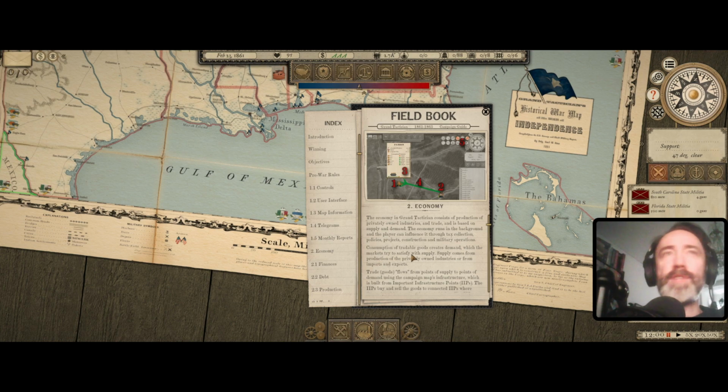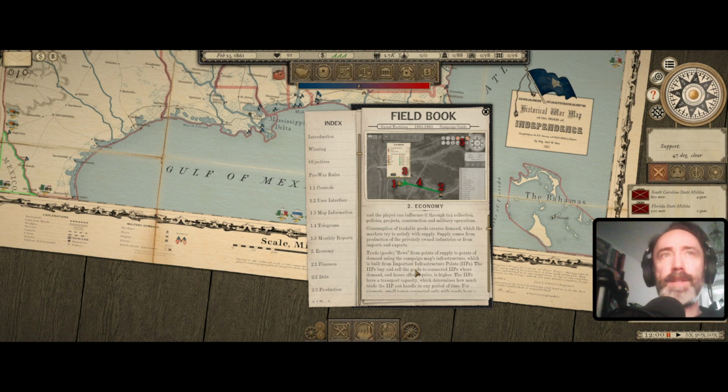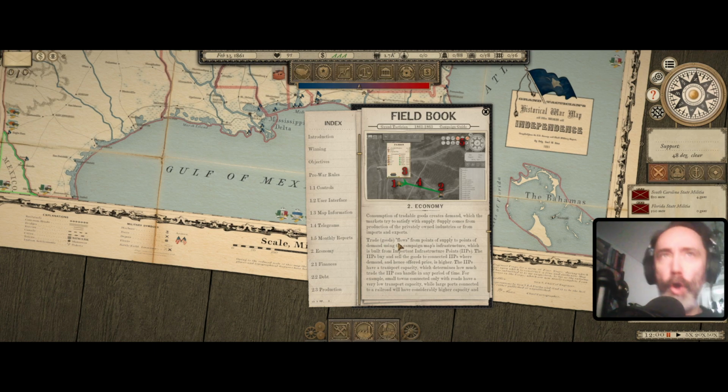which the markets try to satisfy with supply. Supply comes from production of the privately owned industries or from imports and exports. Trade goods flow from points of supply to points of demand using the campaign map's infrastructure, which is built from important infrastructure points, i.e. IIPs. The IIPs buy and sell goods. Okay, it's quite a complex under the hood economy going here, but